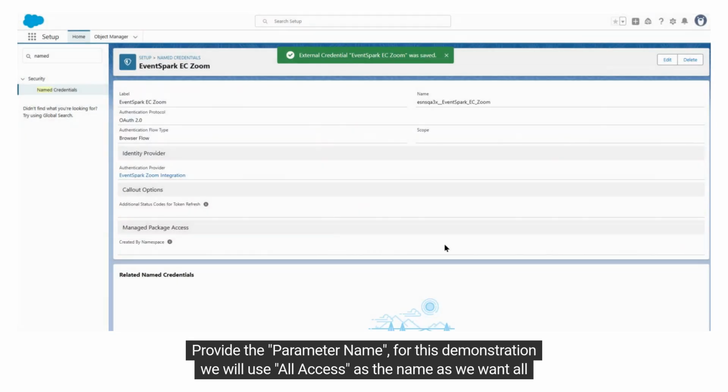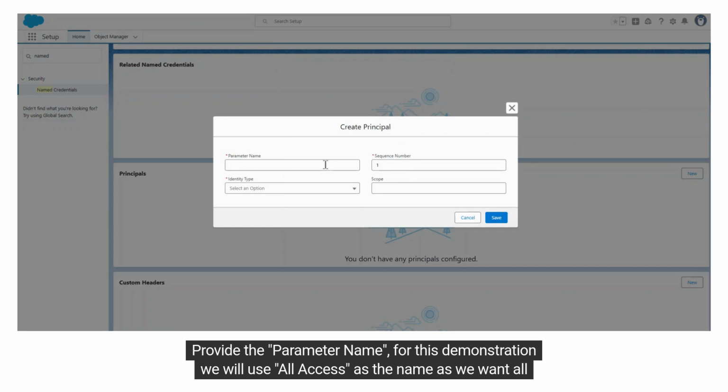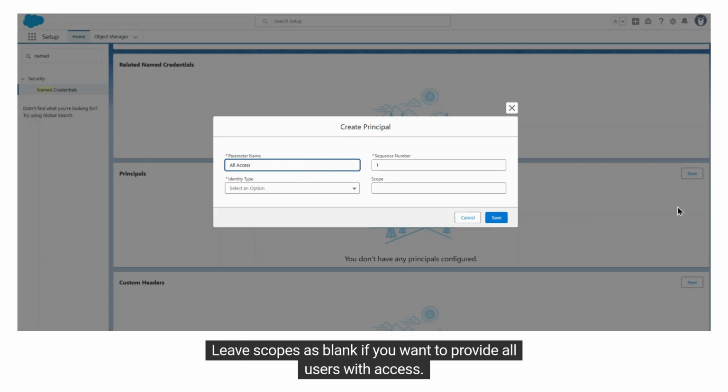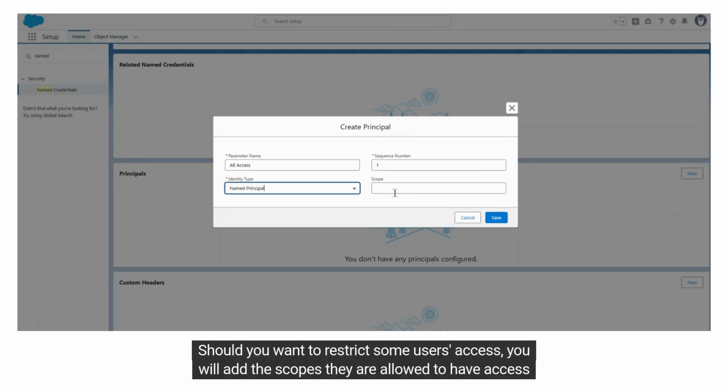Scroll down to Principals and click New. Provide the parameter name. For this demonstration, we will use All Access as the name as we want all users to have access to all scopes. In the identity type field, select Named Principal. Leave scopes blank if you want it to provide all users with access. Should you want to restrict some users' access, you will add the scopes they are allowed to have access to